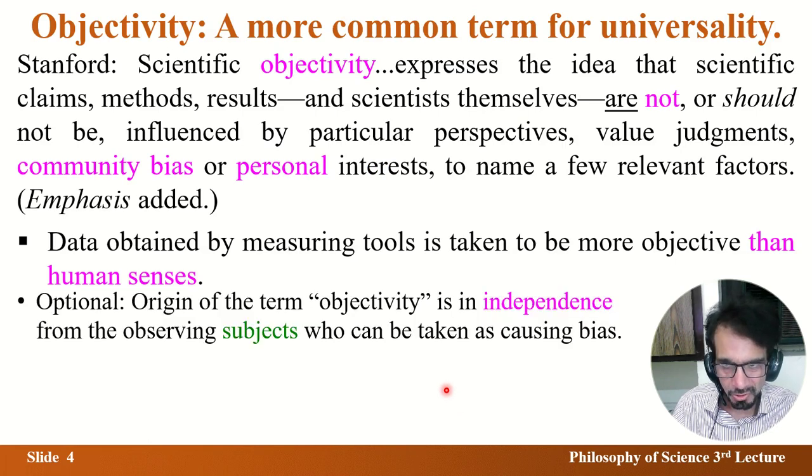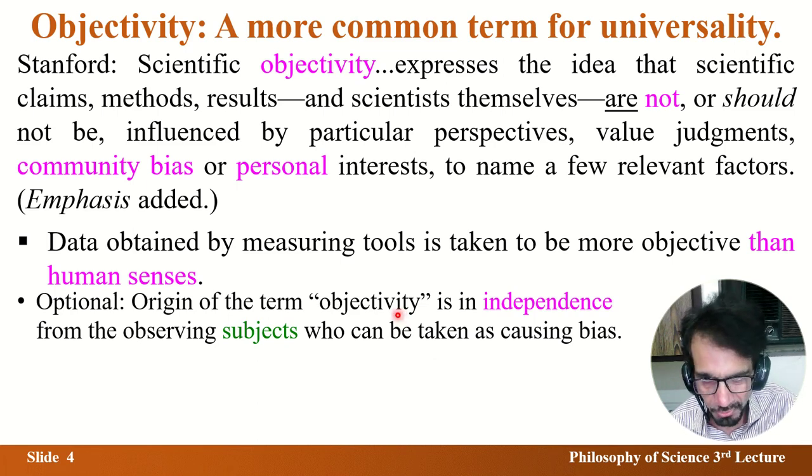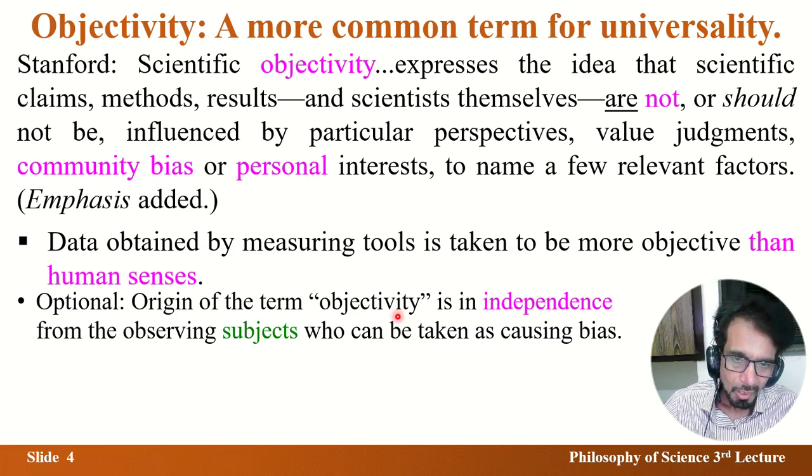Now, to discuss that difference, first I have to say what the word objectivity means. What is the literal meaning of the word objectivity? Previously I think I have told you the literal meaning of the word universality. Universal means for everyone, and not for any community, not any bias, not any person. The word universal, I hope, is not uncomfortable for you. But objectivity may be a new word.